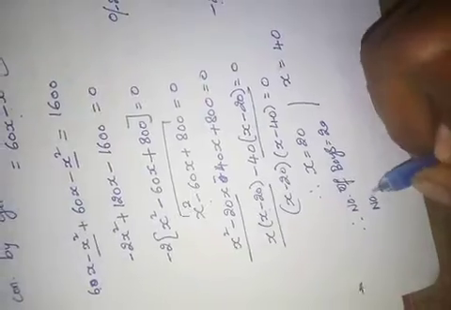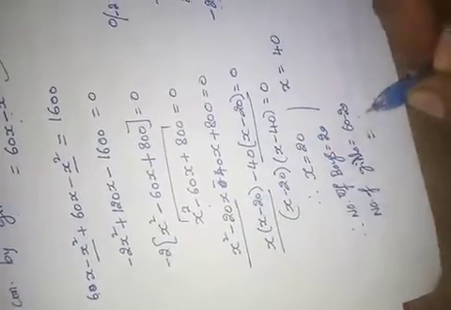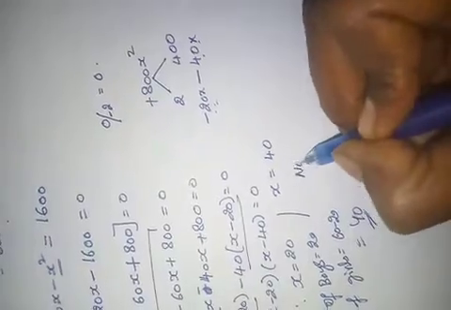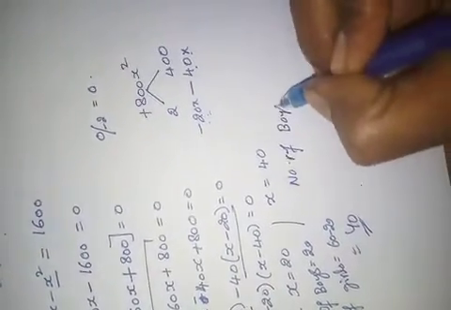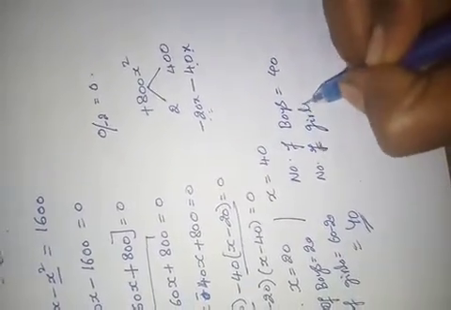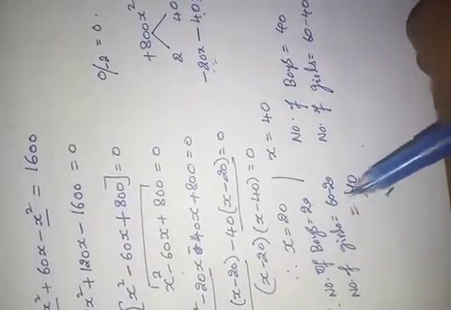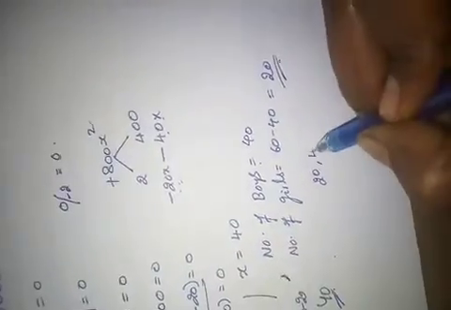The number of girls equals how much? 60 minus 20. That equals 40. Here see, if number of boys equals 40, the number of girls equals 60 minus 40. That equals 20. So, what we said? If boys is 20, girls may be 40. If boys is 40, girls may be 20. Therefore, what are the values? 20, 40. Did you understand?